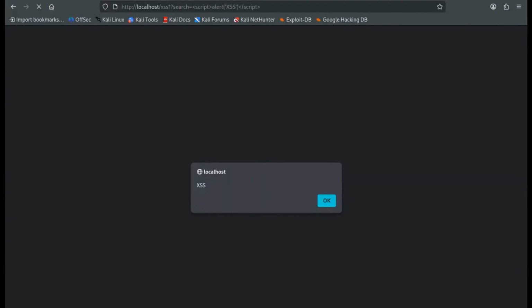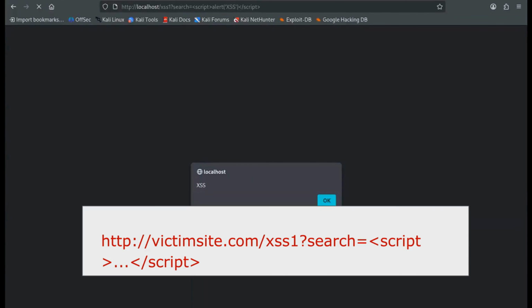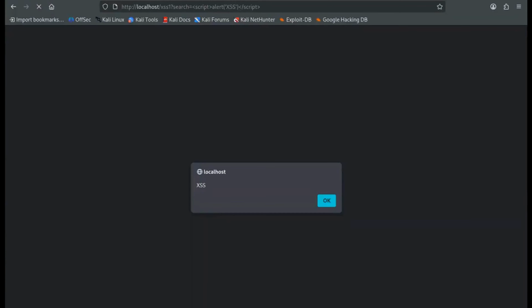So in a real-world attack, an attacker could send someone a malicious link like this. And if the victim clicks it, the attacker can steal session cookies or modify the page, create fake login forms, or act as the user. So that is why XSS, or cross-site scripting, is dangerous. So for this lab, we have been able to successfully identify and exploit a reflected XSS vulnerability in the search feature on the